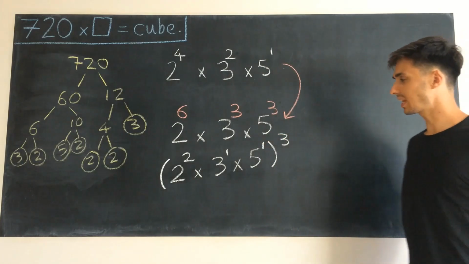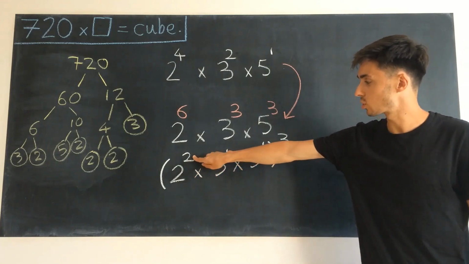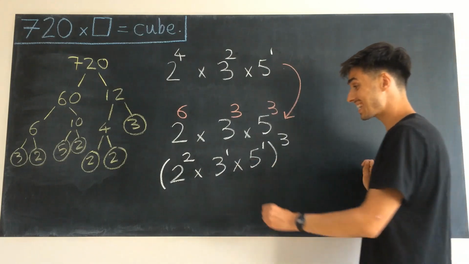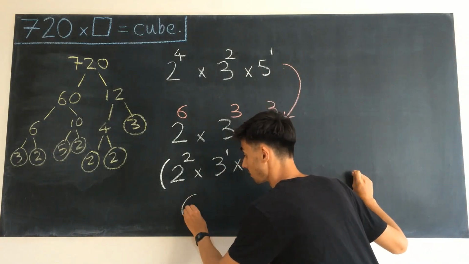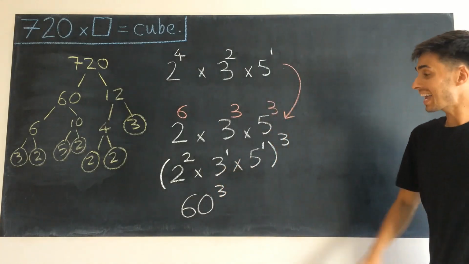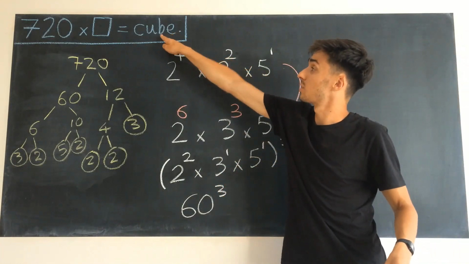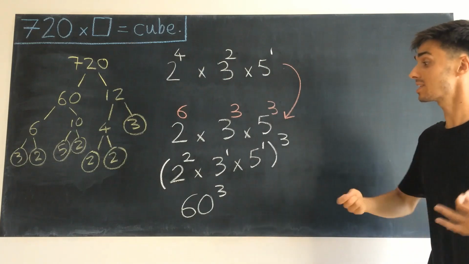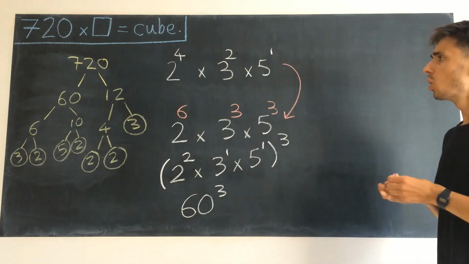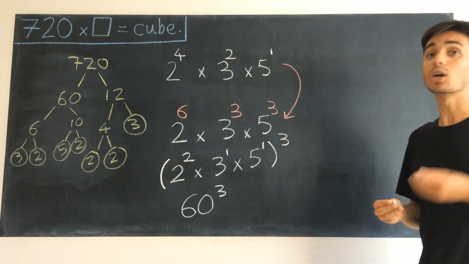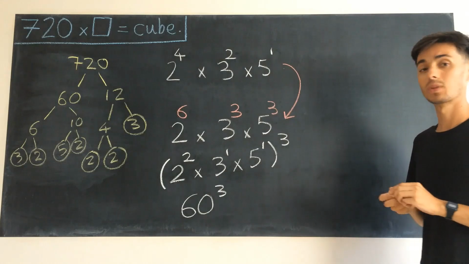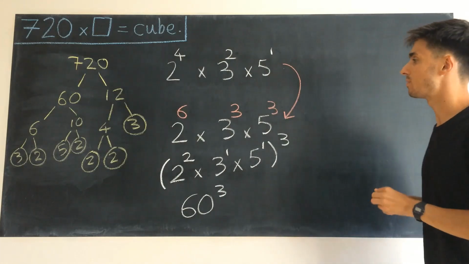We'll keep on our thinking. 2 to the power of 2 is 4, times 3 is 12, times 5 is 60, so this number is 60 cubed. So that is the cube number that we'll get when we multiply 720 by something. It is actually a cube number. What we'd like to finish off with though is thinking, what was this number that took us from here to here? Well, thinking about what we've changed,